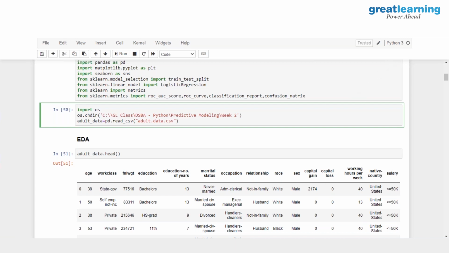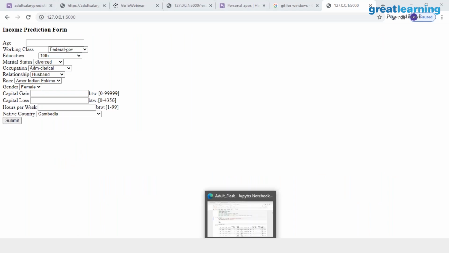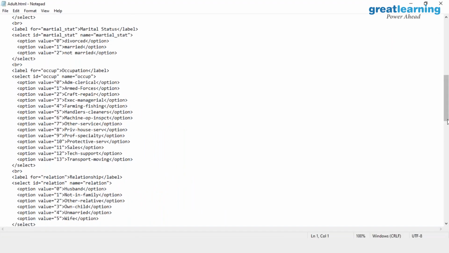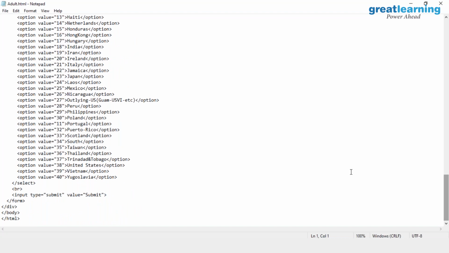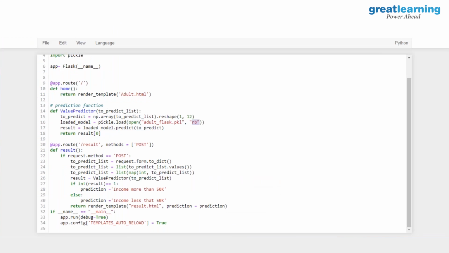Okay. The next question that I have is, could you explain how Flask got input parameters when we clicked on the submit option? Let's just go back. This is a little technical, so I will not really go into a lot of details, but this is the adult.html file which I have. What I have done is set an input type as submit and a value as submit, right? This is what I have given in the input form. Now, just go back onto the app.py.